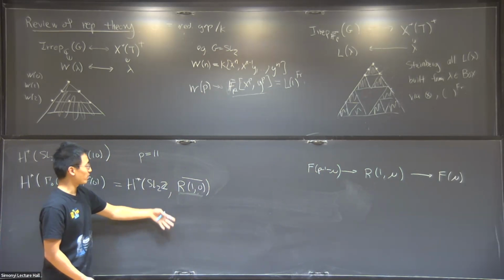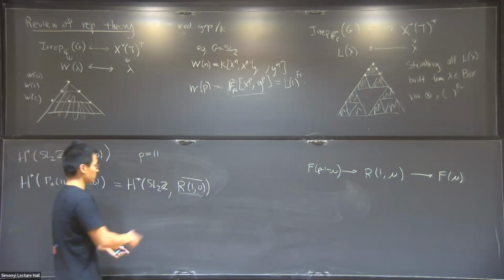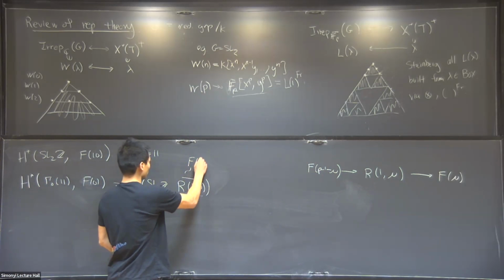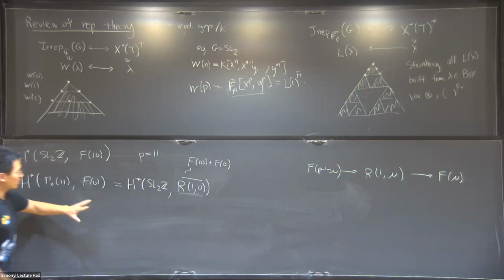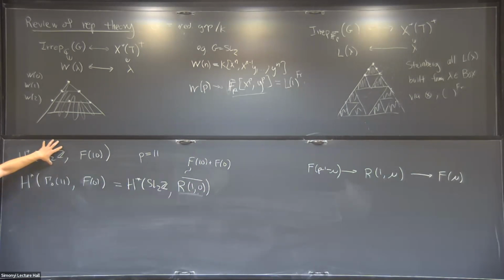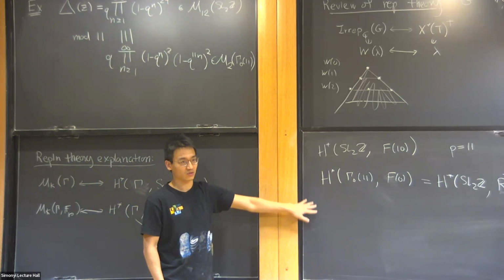In any case, the upshot is that from this point of view, it becomes completely obvious that all the eigensystems you see here are going to appear here. So this example, which we said at first was a low probability event, in retrospect is a probability one event. It had to happen just based on representation theoretic considerations.